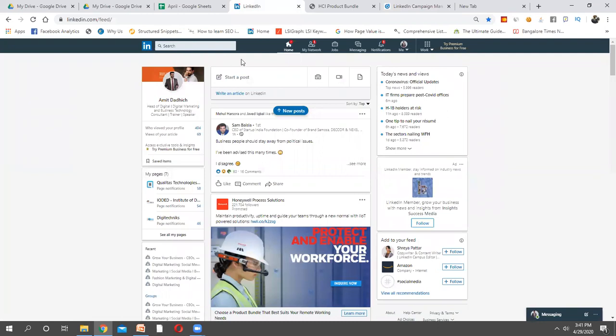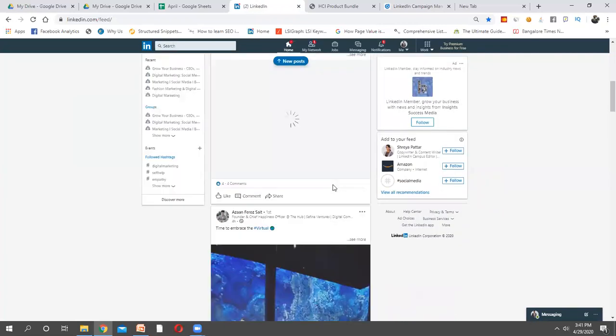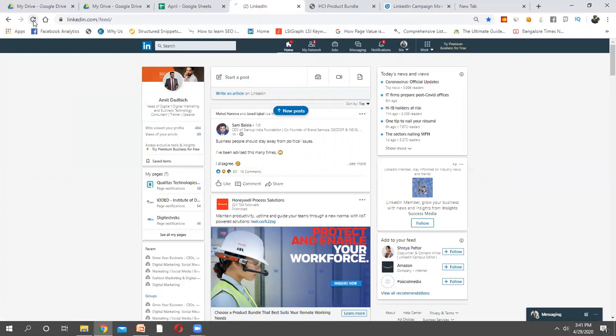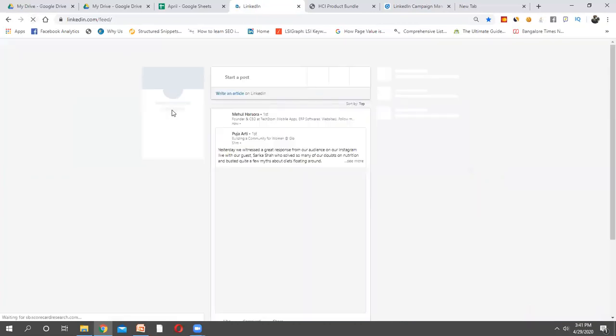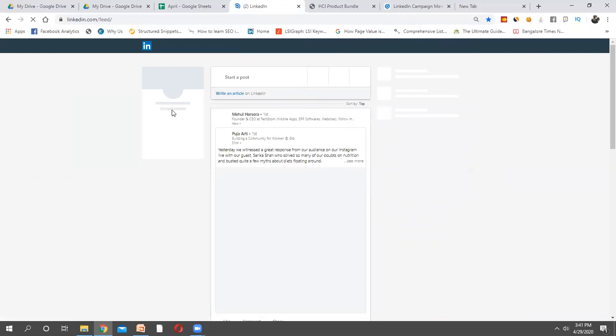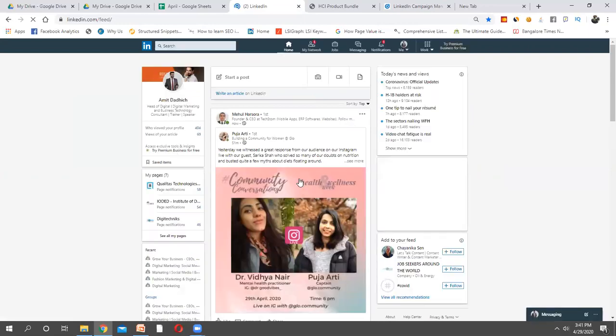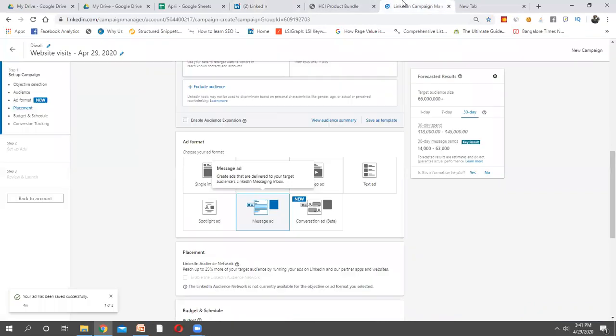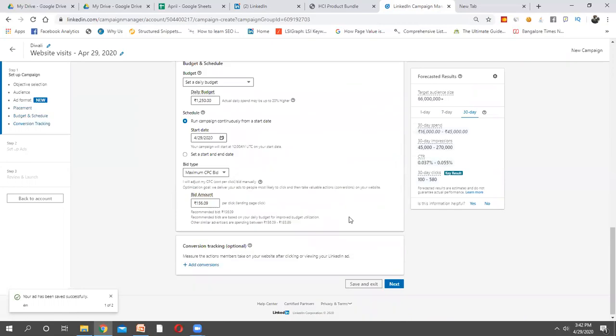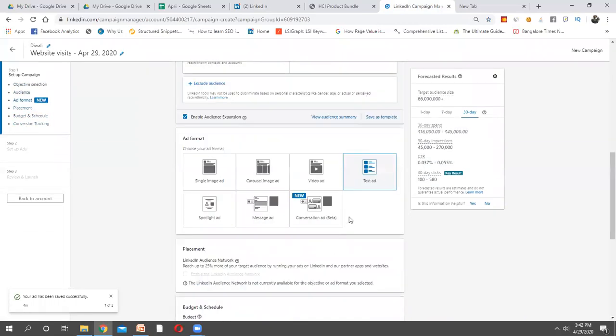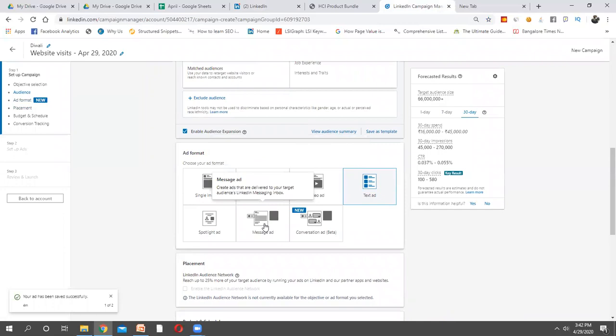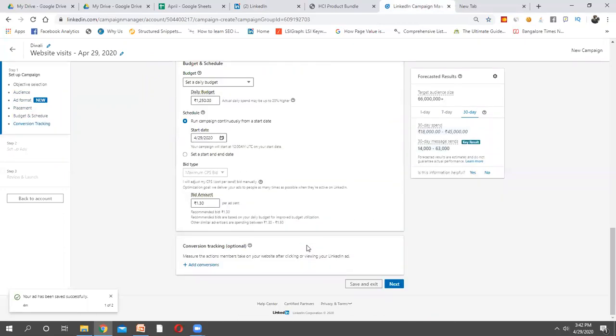Text advertisements are the advertisements that would come sometimes here, right? Right here on the top of your screen, sometimes the advertisements would come. Those are called text advertisements. We generally use them for brand awareness. Those are not for mobile devices. Those are only for desktop devices. If you want to see what the text advertisements are, you can click on text advertisements and check out the further things. So for in-mail advertisement, I'm clicking on this, all the budget setting, audience setting and all, I'll click,